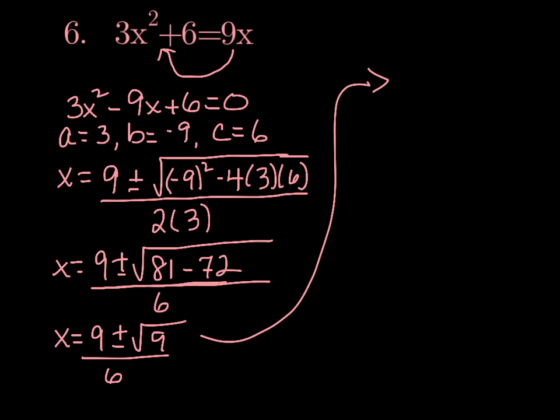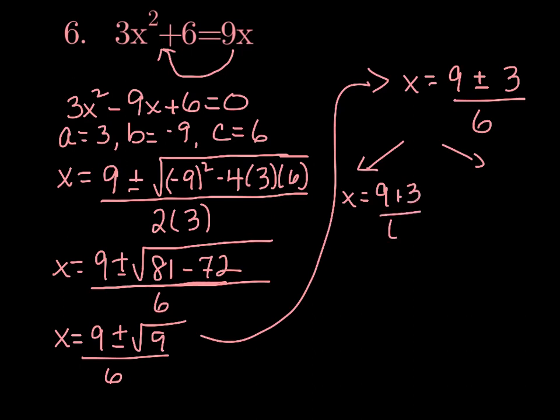And you'll see that we'll end up getting the same thing, so it's not that big of a deal. But again, it's just personal preference. So that square root of 9 is 3, and we divide that by 6. Okay, so at this point, I'm going to split these up. So one of my solutions is going to be 9 plus 3 divided by 6, and the other one is going to be 9 minus 3